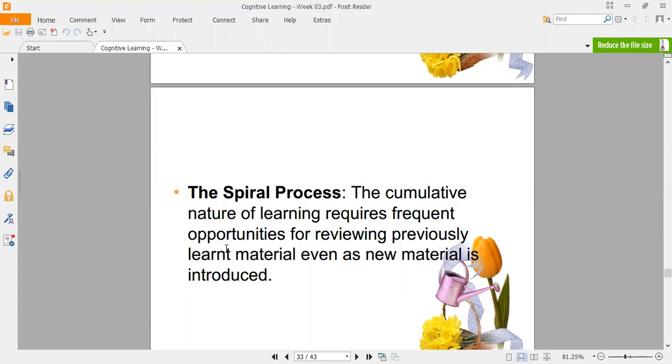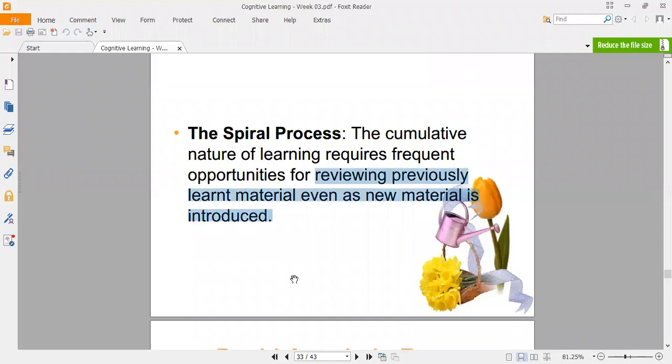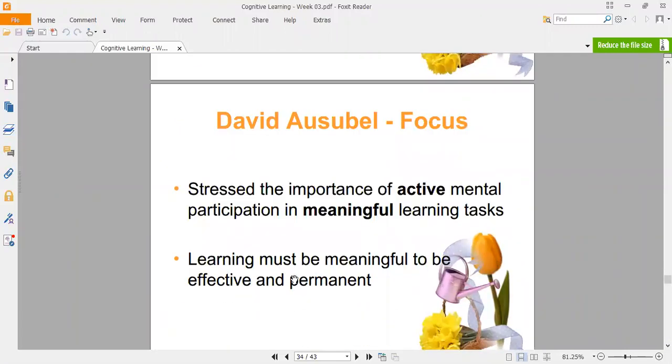Spiral process, right? That's why they are telling what? Reviewing previously learned material even as new material is introduced. Always what they are doing is they are reviewing, is it related to my previous learning? That's why they are telling spiral learning, right? So